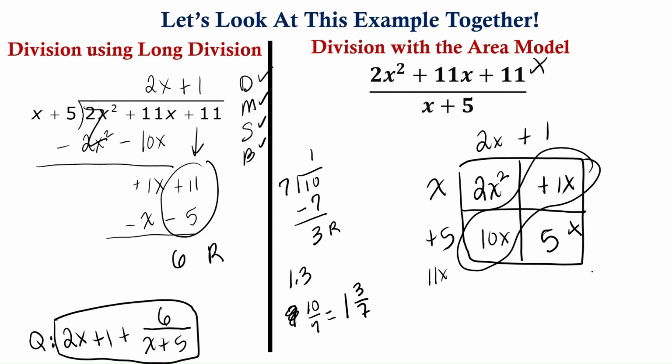So I'm going to do the same thing here. I'm going to take that last term, or it's called the C term. We'll go more in detail a little bit later, but that last term in this trinomial is called the C term. And we're going to take that C term and we're going to subtract 5 from that C term, which gives us the 6. Okay, so now we know our remainder is 6. And of course, just like before,